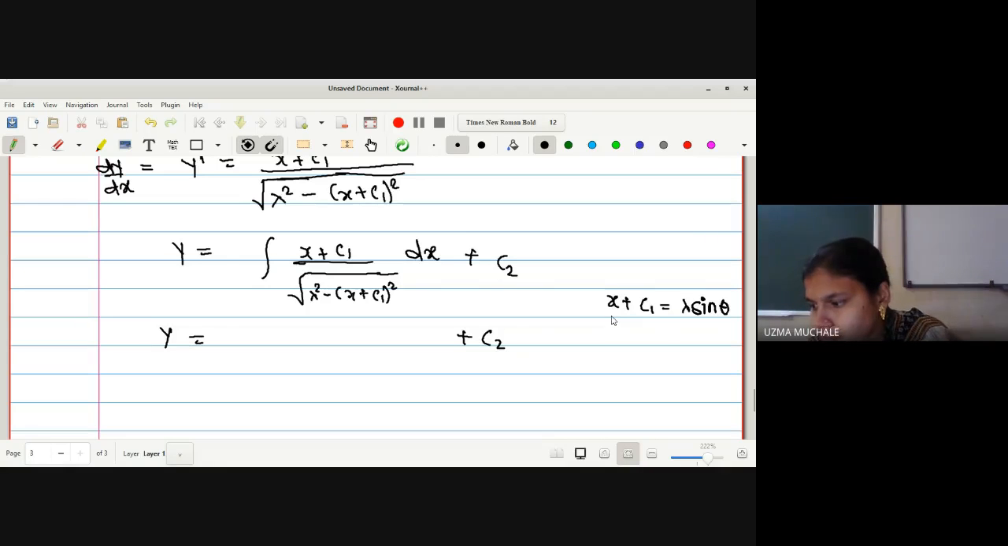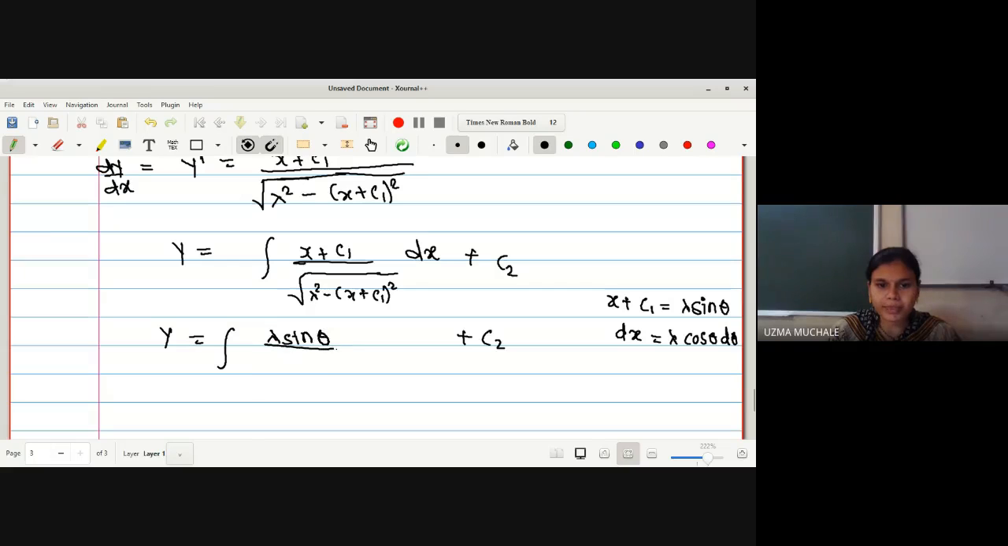Okay, if we take x plus c1 is equal to some lambda sine theta, what will be dx? It will be lambda, derivative of sine theta is cos theta d theta. Okay, now let me write down the values of these terms. Here lambda square minus x plus c1 squared will be lambda square sine square theta, and dx we have found is lambda cos theta d theta,